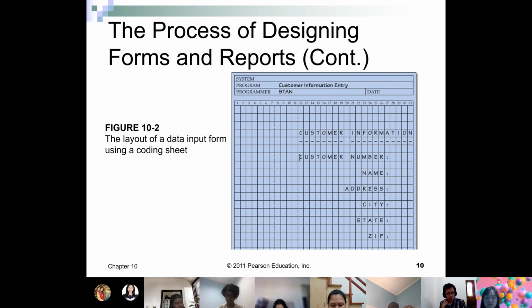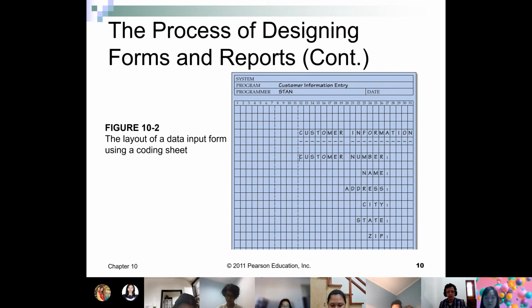When I was designing a form, for example, I needed to calculate the coordinates of this customer number field. Using this coordinate, how many boxes to the right, how many boxes down, things like that. And that's only for a specific size of screen. It was 14 inch at that time.